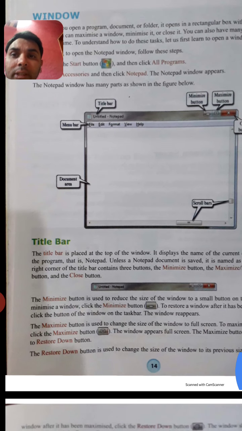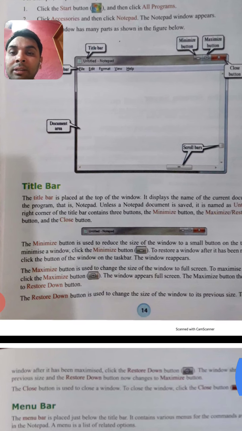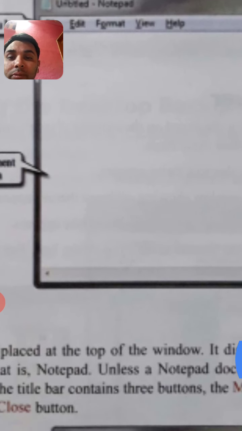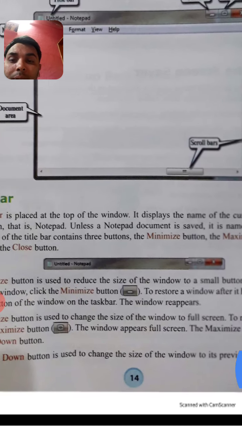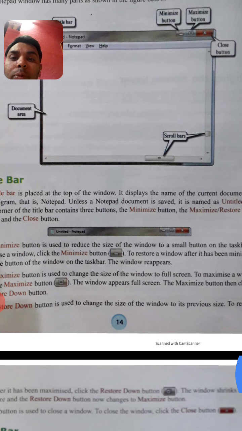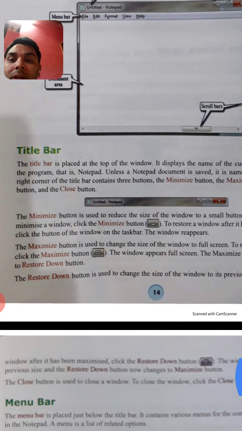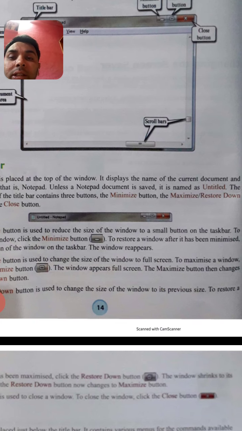Now let us see the title bar, students. The title bar is placed at the top of the window. It displays the name of the current document and the program, that is notepad. Unless a notepad document is saved, it is named untitled. The right corner of the title bar contains 3 buttons. Which are they, students?